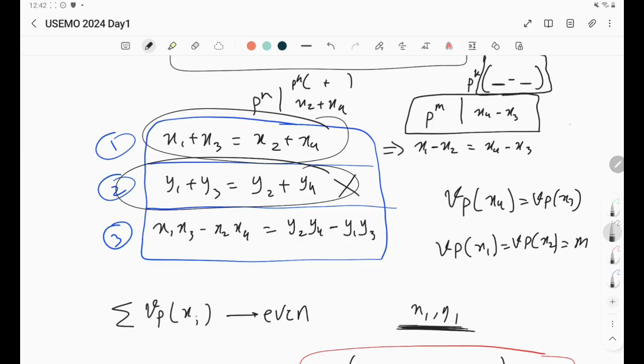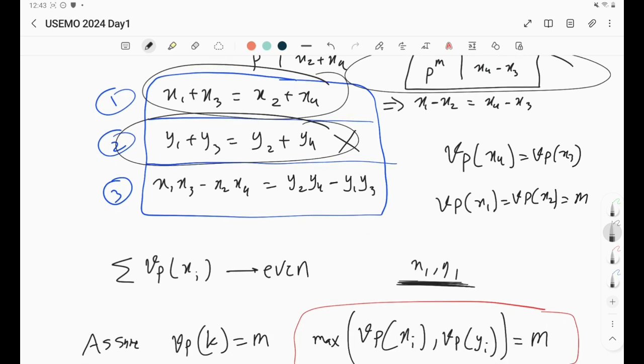This is actually a very standard idea. It's very important to keep it in mind whenever you're working with a sum of 2 numbers, or a subtraction of 2 numbers, that's the same, and you're looking at the VP. You only look at the minimal one, because each one of them is going to give you p to the something. You take the minimal one, and then you're going to get a number remaining that is coprime with p,